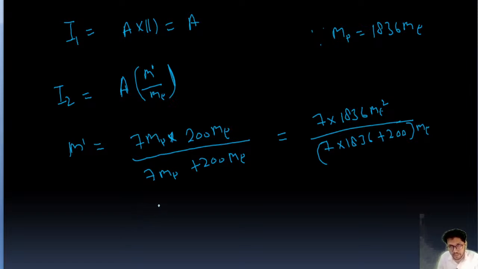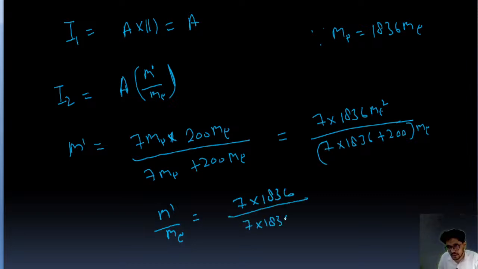I2 is for the muonic lithium atom. So M dash upon Me will get cancelled, 1 Me will remain, right? And that will be taken in the denominator of M dash. So M dash upon Me is going to be 7 into 1836 upon 7 into 1836 plus 200,